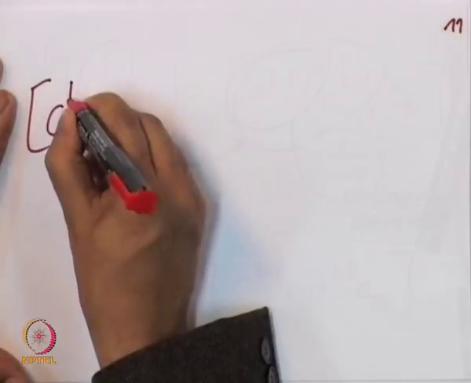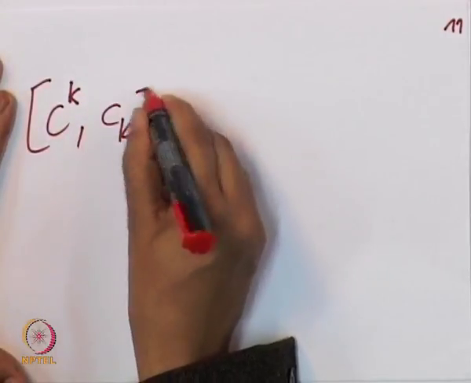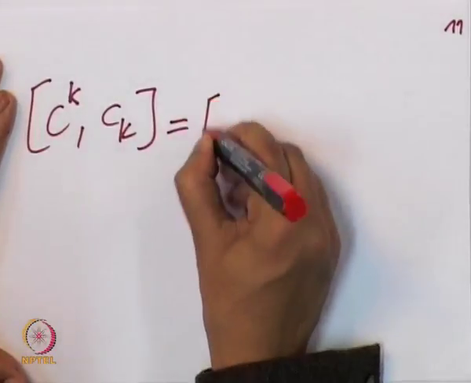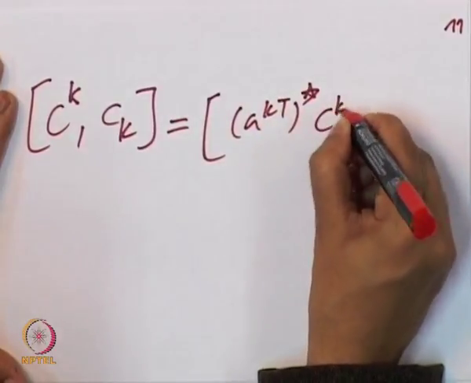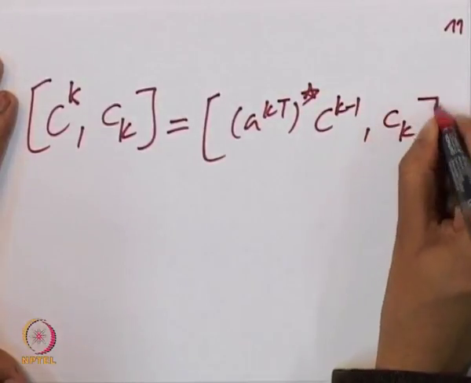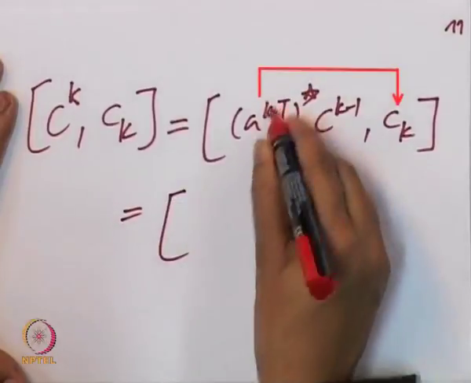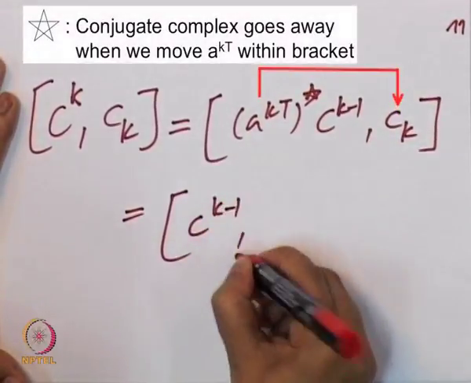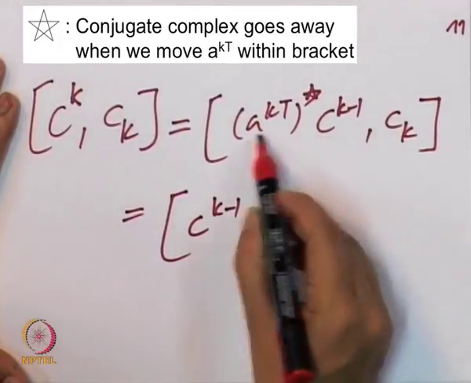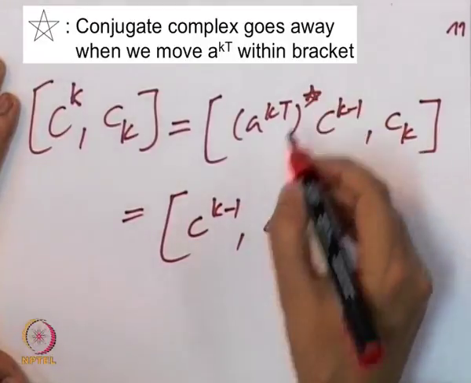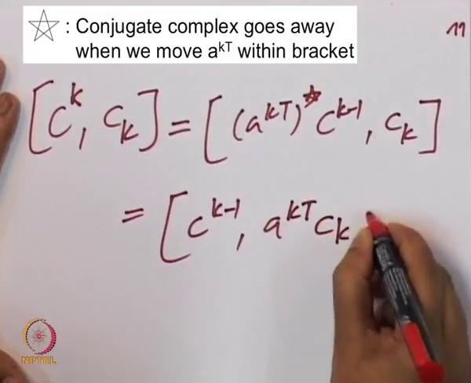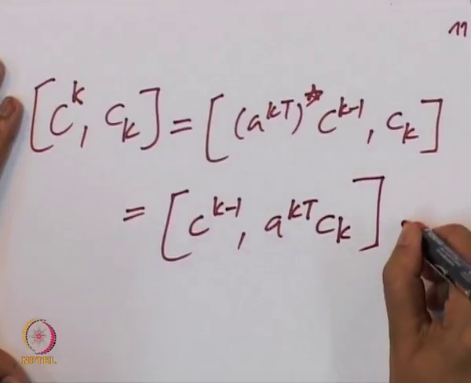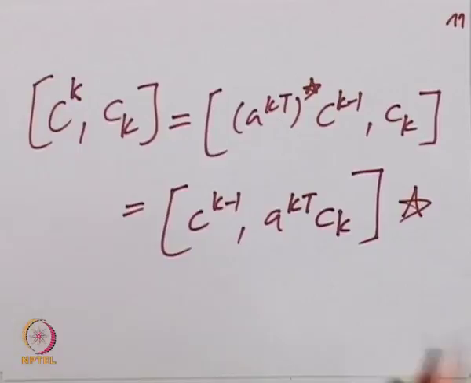We said c of k, the cochain operating on a chain, is equal to this one here, and when we change the order on which the boundary operator goes into the chain, the adjoint goes away. So what we will get is a very important thing, but let me write it down in a more familiar form that you are used to. The most familiar form you are used to is,